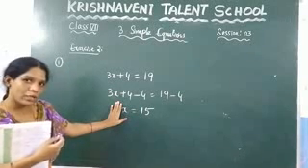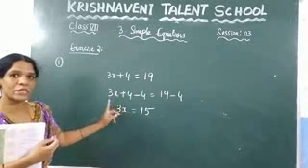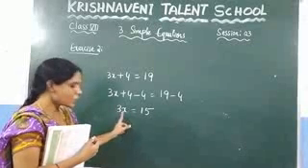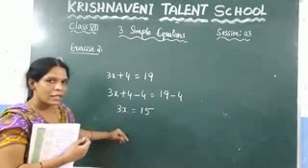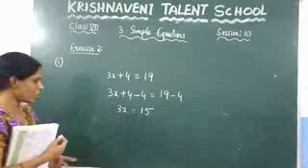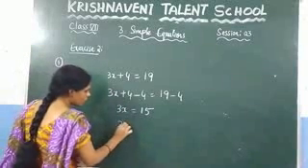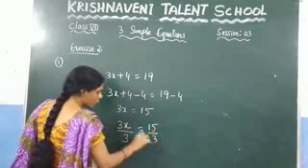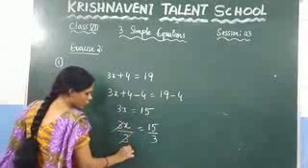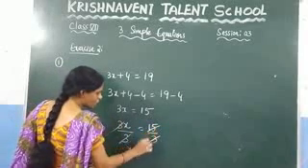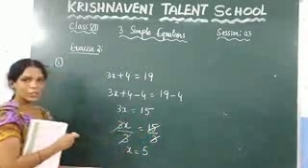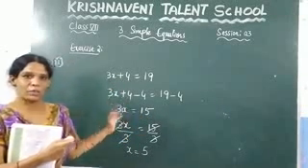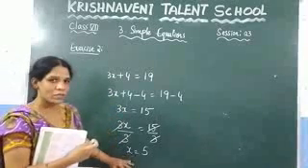So if you want to remove here 3, what we need to do? Just you need to see the operation we are doing here. What we are doing here? We are multiplying these two values. If you divide with 3, again these 3 will be removed. So here divide with 3. So what you get? 3x by 3 is equal to 15 by 3. Here 3 will be removed. So that what you are getting here, x is equal to 5. Like that you need to solve. Just you have to think which number is there that you have to remove. If you remove like that, you will get the value of the variable.